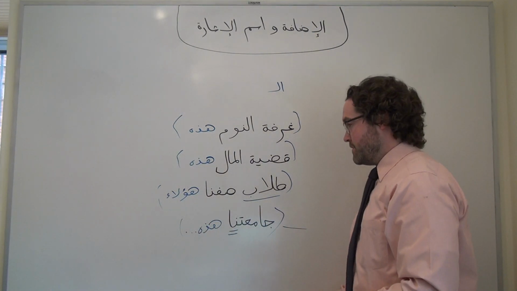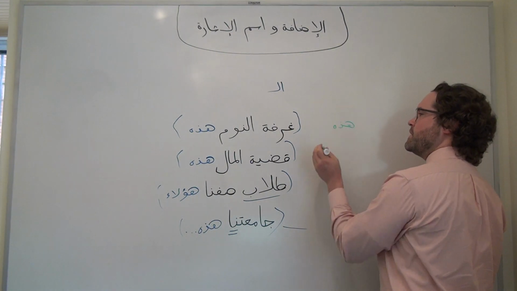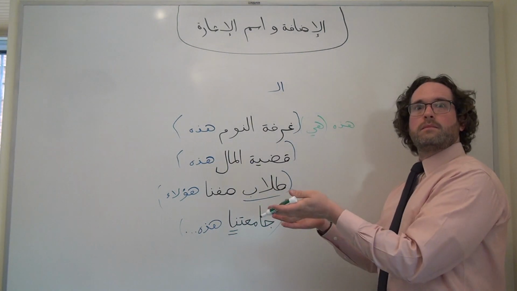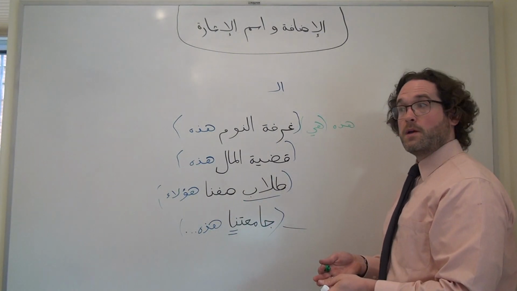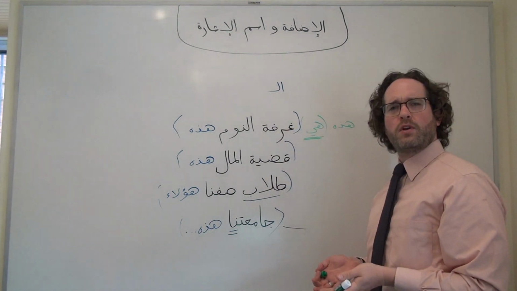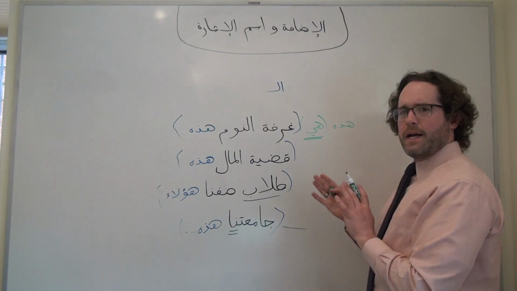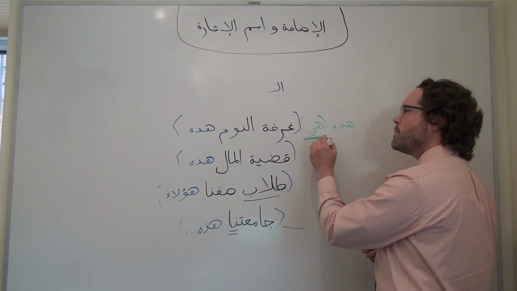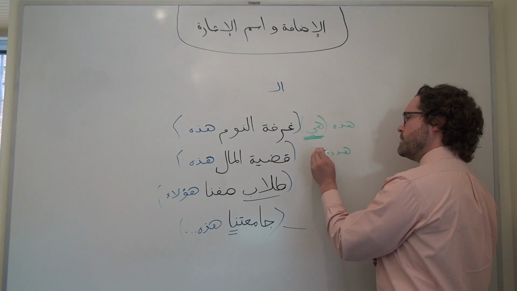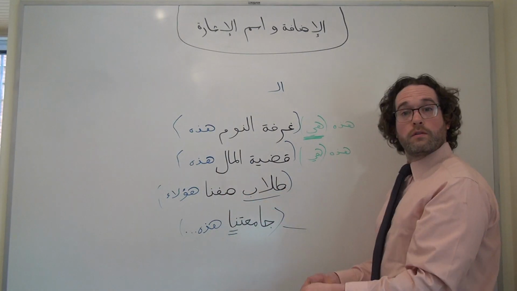But if we put the demonstrative pronoun here and said هذه هي غرفة النوم, this is the bedroom. In formal Arabic, we would need to have kind of a dummy pronoun connecting these two. In spoken Arabic, we could get away with saying دي غرفة النوم or هذه غرفة النوم and just rely on intonation. So remember that if you're writing something down. Or this is an issue of money, we could say هذه هي قضية المال,